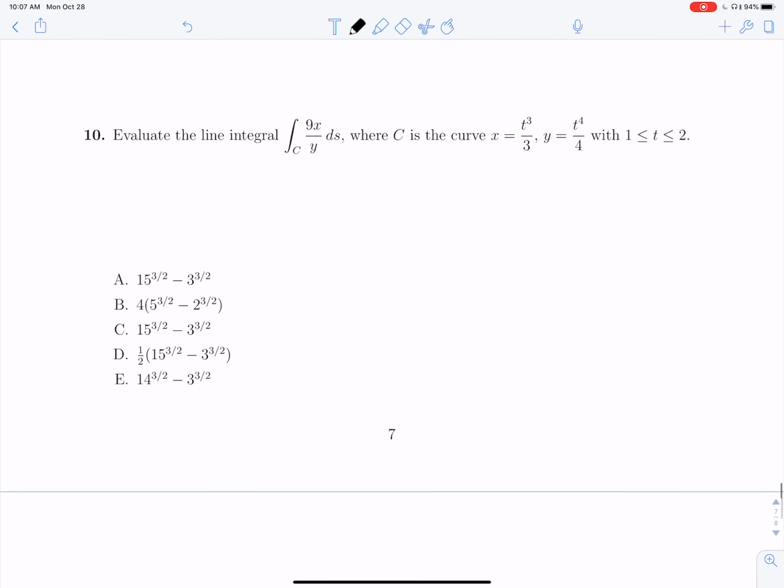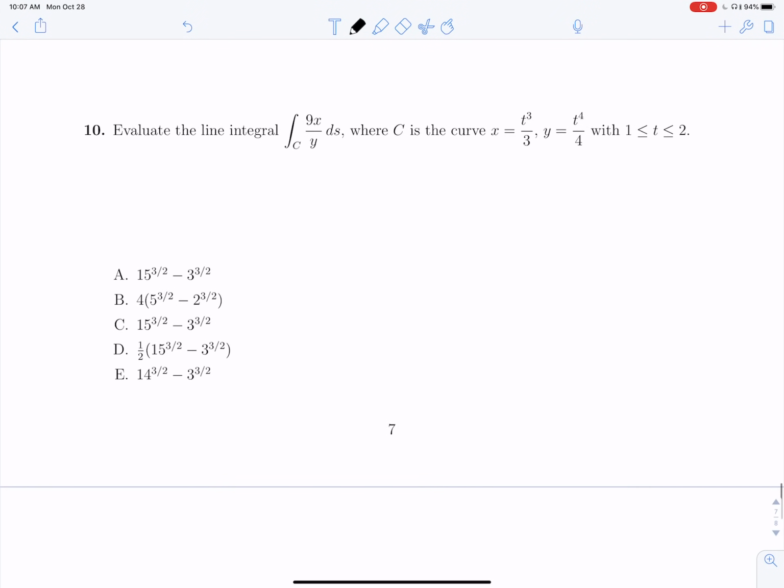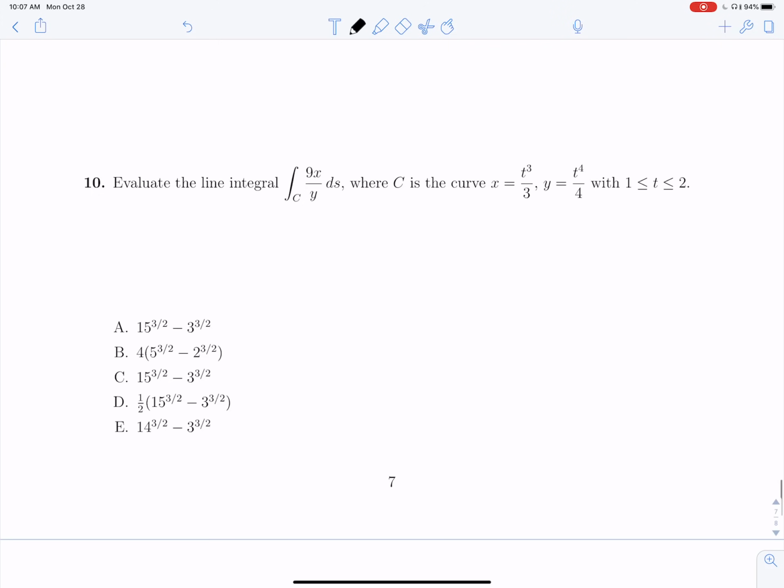Okay, moving on to another line integral. This exam has 2 of them. That's a pretty normal amount to expect. We see that we have the integral from 1 to 2 of 9x. We can just go plug these guys in. We don't really have to wait for anything. 9x, so